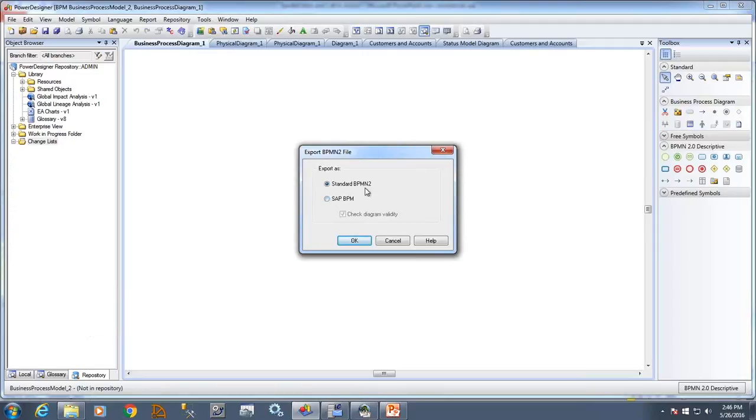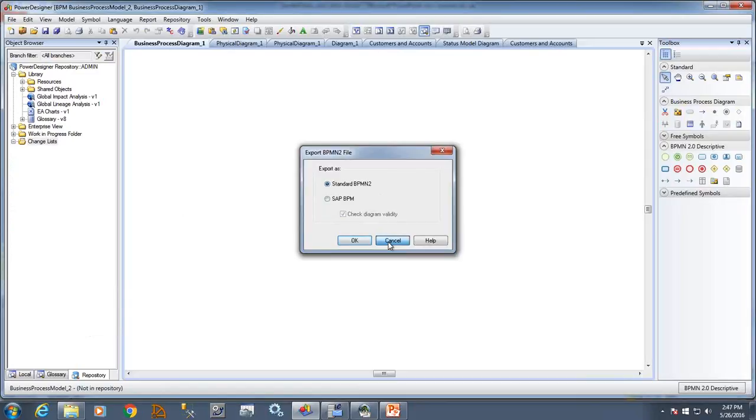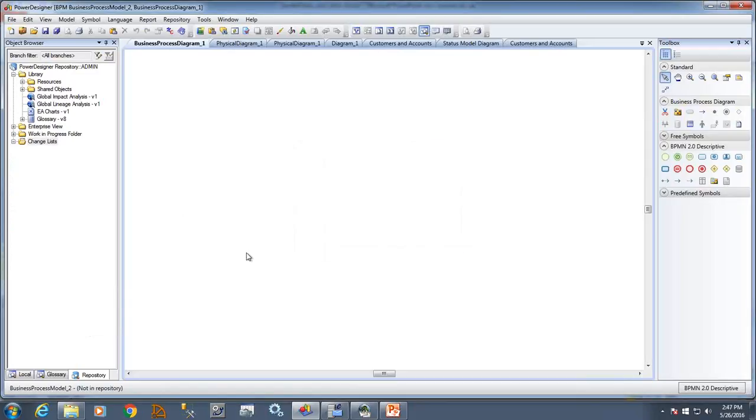So you can export to a standard BPMN model, that's what the serialization export is. And of course, specifically to Solution Manager, that uses the SAP BPM, which has other extensions included in it. So what I would probably do is try the standard export and see if your tool will import BPMN serialized